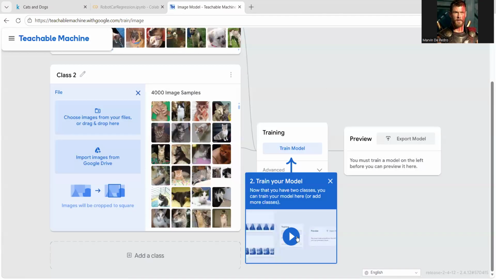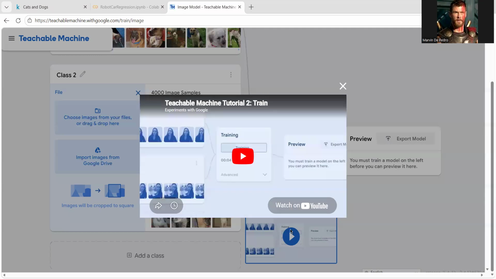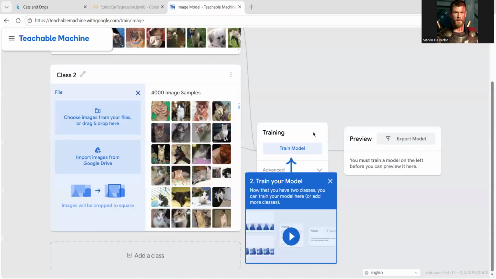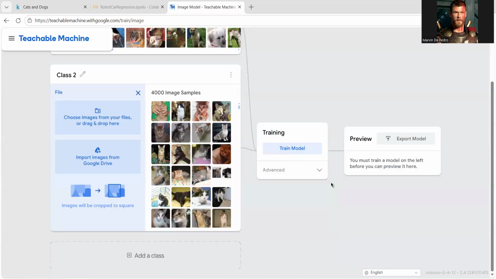Now we are asked to train the model. Now that we have two classes, you can train your model here. So let's train it. Okay, we have the tutorial, but we're going to skip that. I guess we have seen that already in the video earlier. So we click the train model, and currently it's performing data analysis.